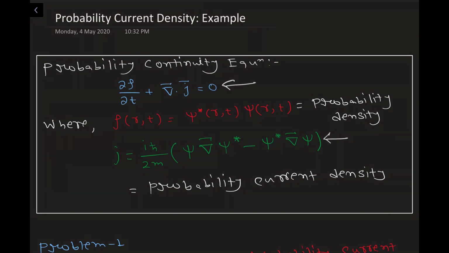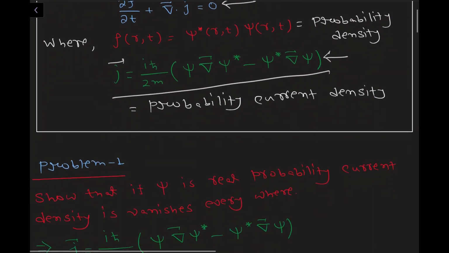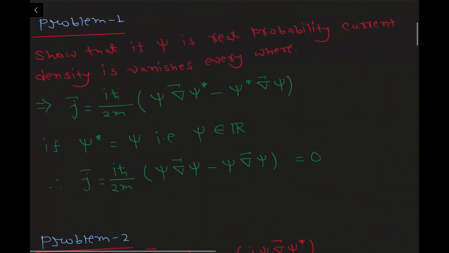Now in this video we are going to discuss a small theorem as well as two other forms of probability current density. Instead of this big formula, we are going to represent probability current density with a smaller formula. Any one of them can be used during calculation of probability current density. Also, we will do two problems in this lecture. So first, let us start with the theorem.